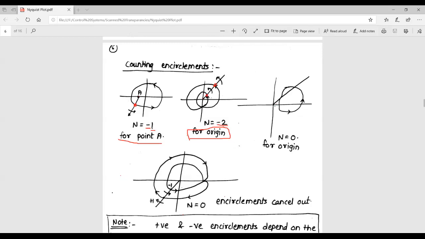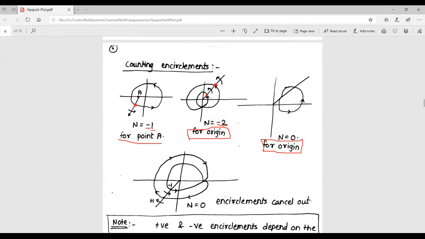Now the third case is encirclement for the origin in the third case. When you draw this line, first of all, the origin is not lying inside the closed path, and so the encirclement is 0. It is not from inside, it is not coming out. There is some portion lying on this side and another side, so you can make out that the origin is not encircled by the closed contour, and so the encirclement is counted as 0.